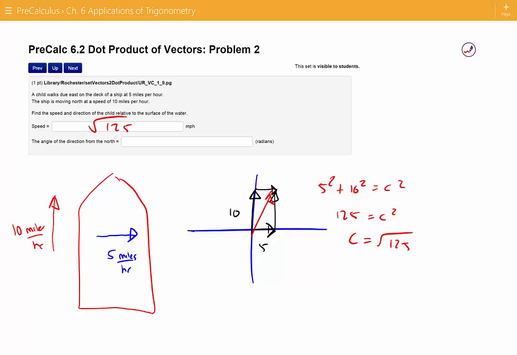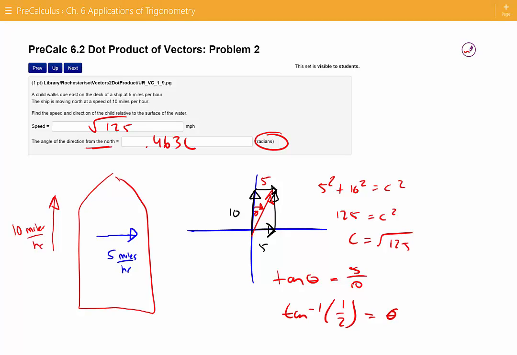Now they're looking for the angle as well. They want the angle from north, so they're talking about this angle right here. That's my angle I'm looking for. So I'm going to do tangent is opposite over adjacent. So tangent of that angle equals opposite over adjacent. I want the inverse tangent of 5/10 or 1/2 to give me my angle. Make sure your calculator's in radian mode because it does want radians here, but that will give you the right answer of about